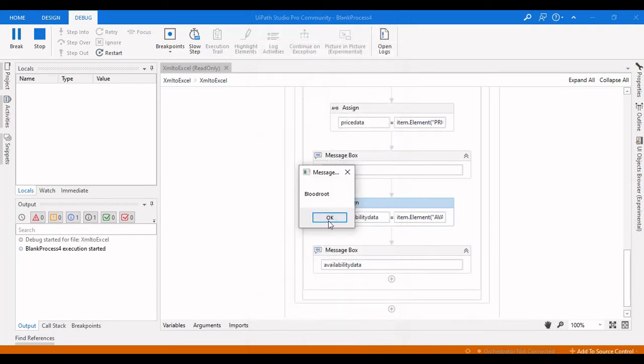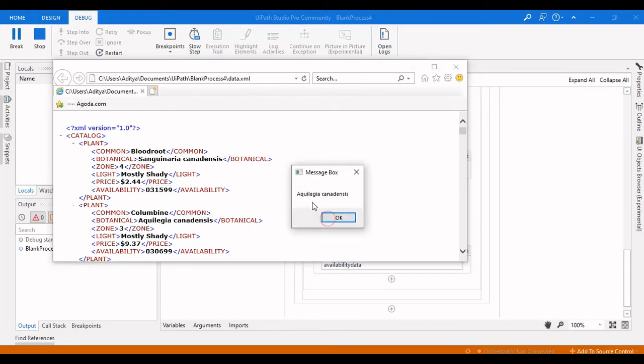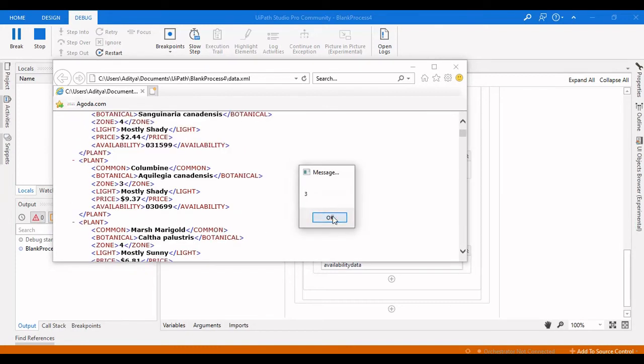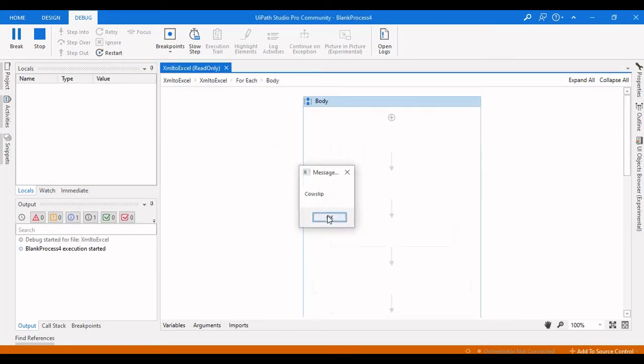This is the read XML data. This is the availability number here, and the next one is Columbine, Aquilegia canadensis, and zone is 3 and it is mostly shady, $9.37, and we are actually extracting all the particular data successfully.